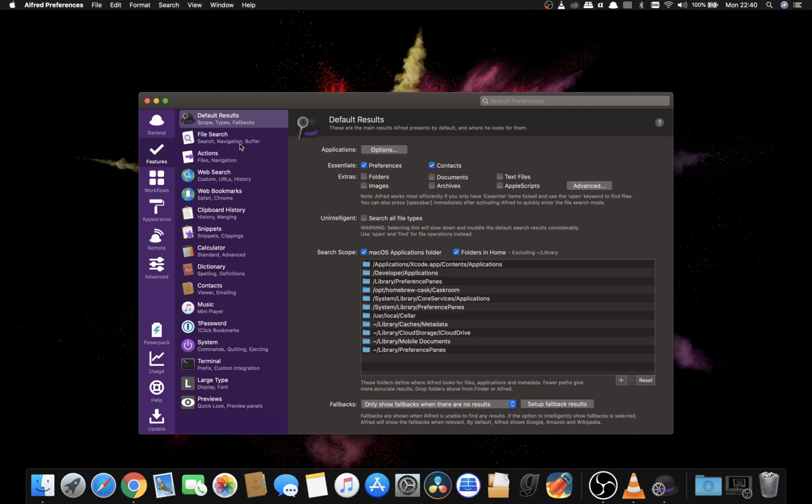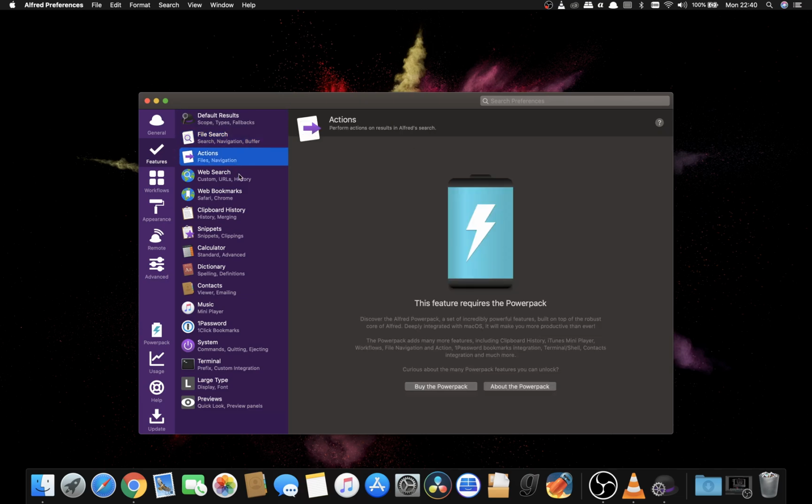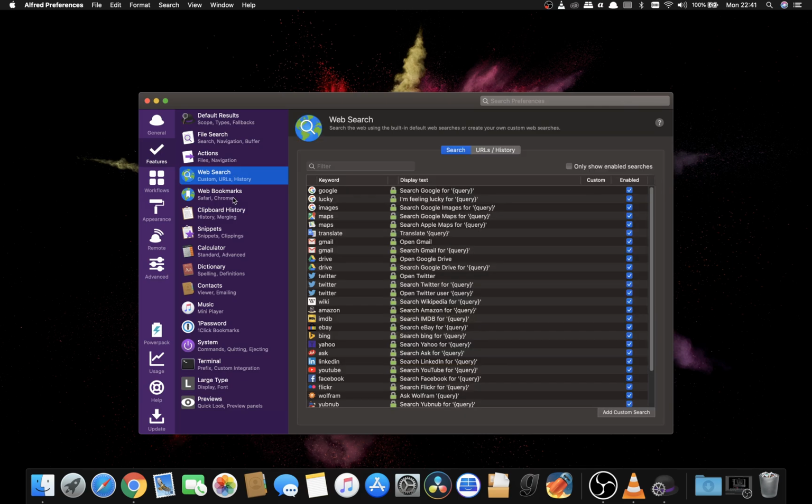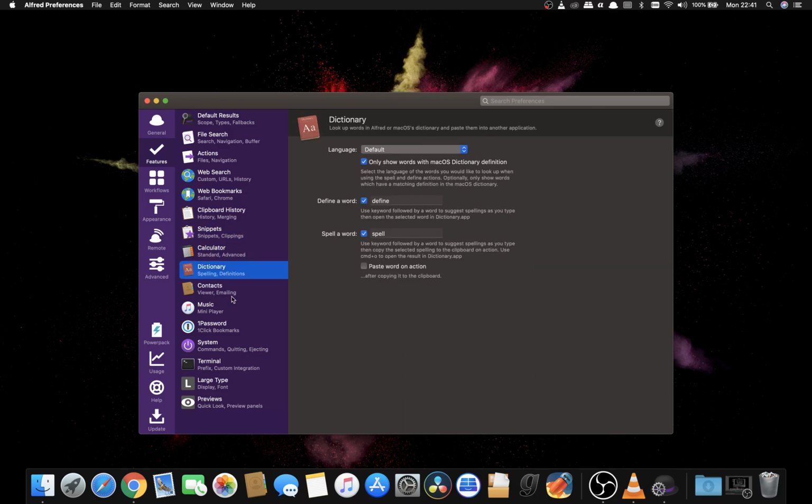However, Alfred is a freemium app, which means some parts of it are free and you have to pay for some of them. So file search is free, actions you have to pay, buy the power pack, and web search that we did already. You can choose to import your bookmarks, clipboard paid, snippets paid, calculator, you've seen that already, dictionary, you've seen that, define or spell, like if you're trying to look for the correct spelling of a word,